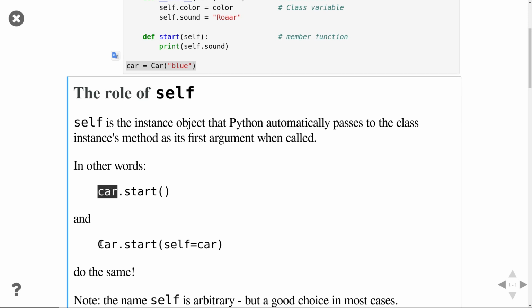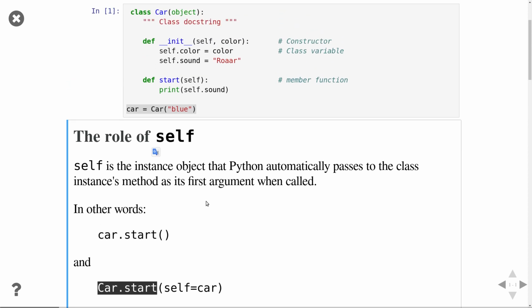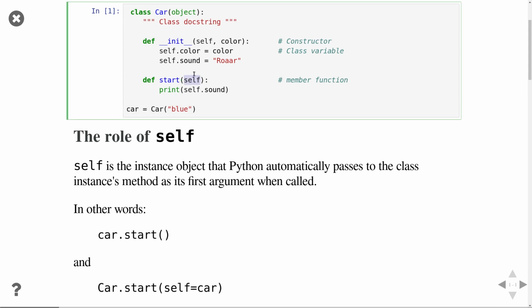That's the same as calling Car.start, where now I'm using the class method and passing in the instance as a first argument. Okay, so these two things are equivalent, and you could almost say that the first example is just a shortcut of the second one. The second one is very explicit, right? I call Car.start, and start takes a first argument, and what I pass in here is the car